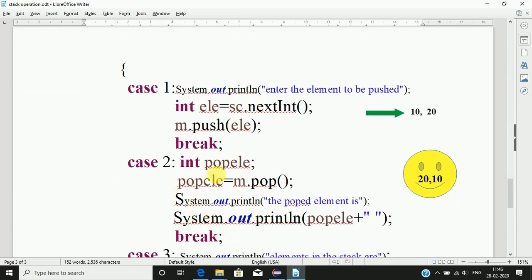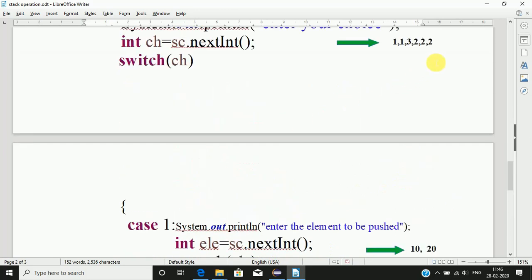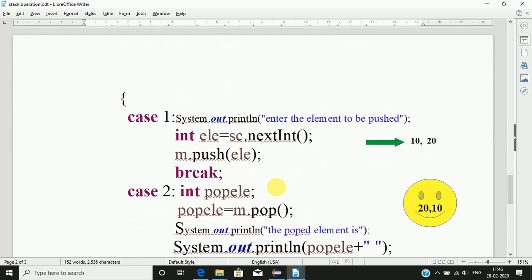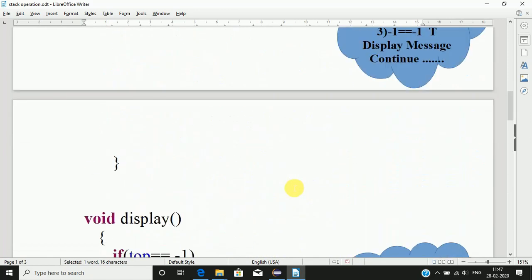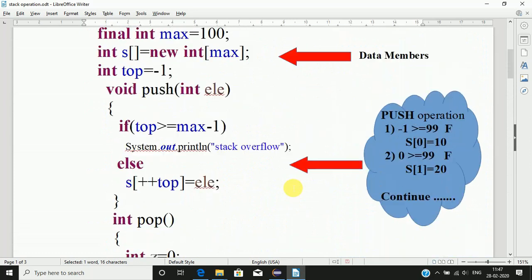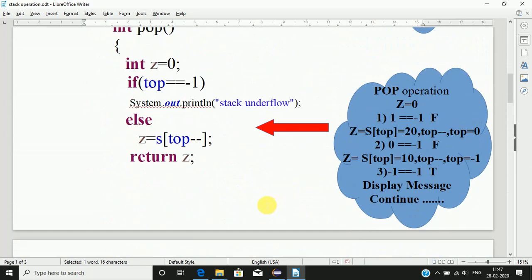So again I will go for choice number 2 here. Then it will go for case 2. In case 2, this will call the pop function, that is a member function of the class stack, and then it will check the value. So -1 is equal to -1. Yes, this condition is true. This shows you that no elements exist anymore, so then it will show the illegal error message